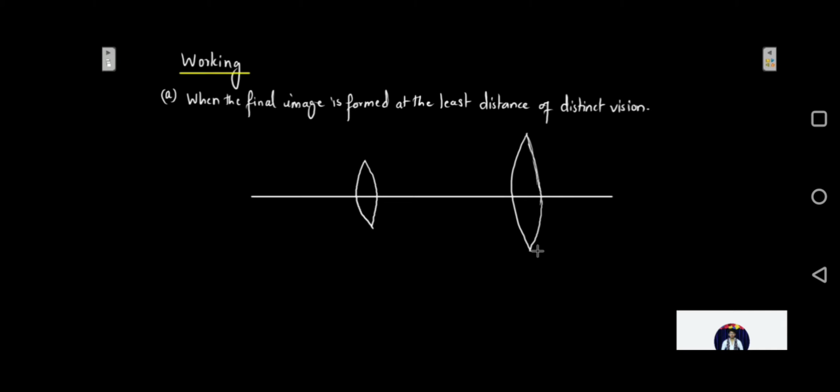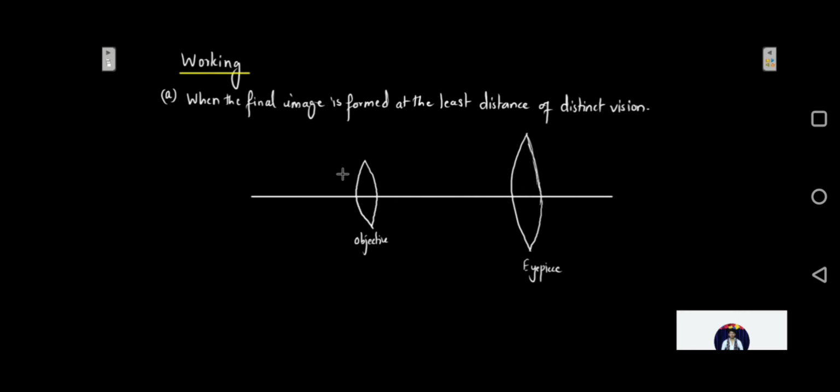So here, as you can see, we have two lenses, as I told you. This is a compound microscope. We have two lenses of short focal lengths, one called the objective and one called the eyepiece. As I told you, the objective is the one with very short focal length, and it is going to have a small aperture. So let me write over here objective, and this one is going to be the eyepiece. My object will be placed near the objective, and the eyepiece is where my eye will be. From here I am going to view my image formed.